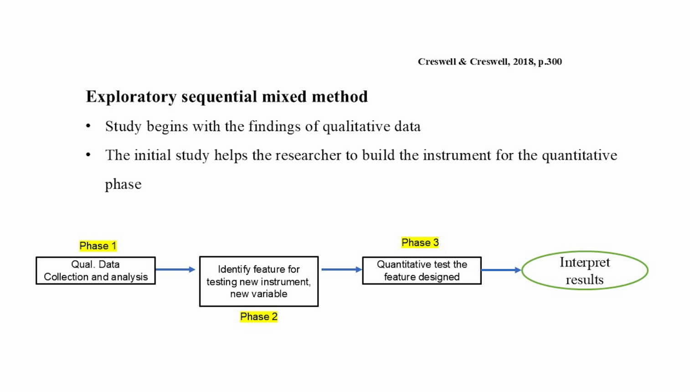In this case, the qualitative data is collected first, and then we identify items that will give us a way for designing the questionnaire, or we can add a new variable, which leads to the third phase, that is quantitative. In the quantitative results we can compare, and finally we reach the interpretation. So, the study begins with the findings of qualitative data, as mentioned in this particular slide, and the outcome of